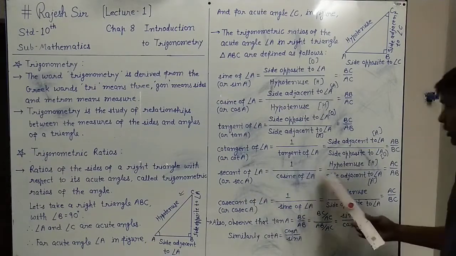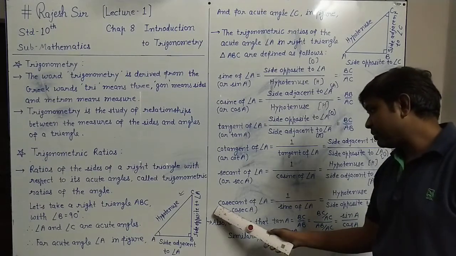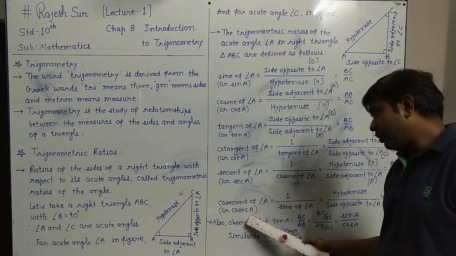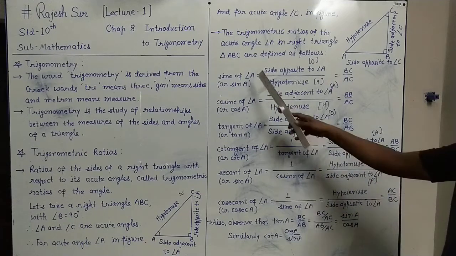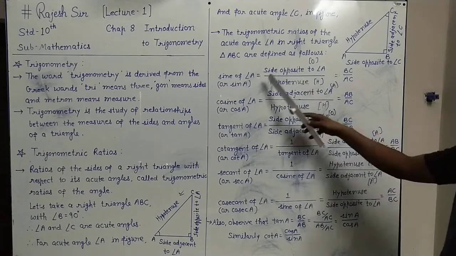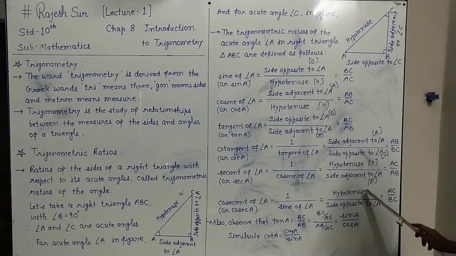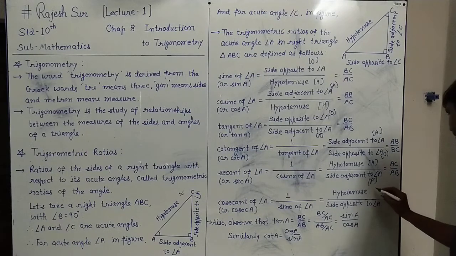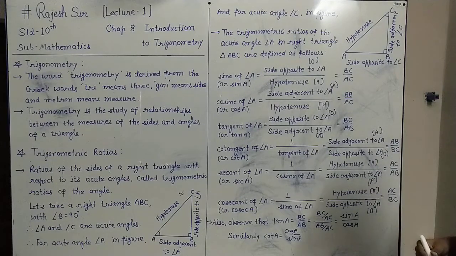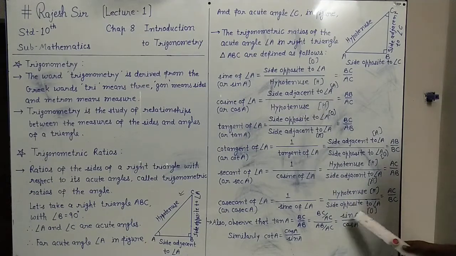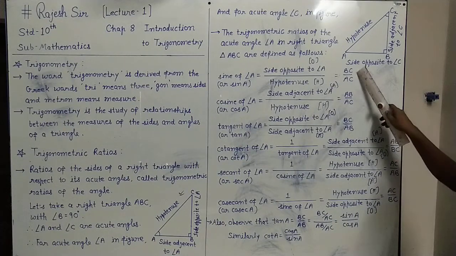Next, after secant, we also have cosecant of angle A. Cosecant of angle A is shortly written as cosec A. It is 1 upon sine of angle A, that means inverse of sine. In sine we have opposite upon hypotenuse. So in this we will have hypotenuse upon opposite. In short, hypo upon opposite. Right? So hypotenuse upon opposite of angle A: hypotenuse is AC and opposite of angle A is BC. AC upon BC. You can see the inverse.